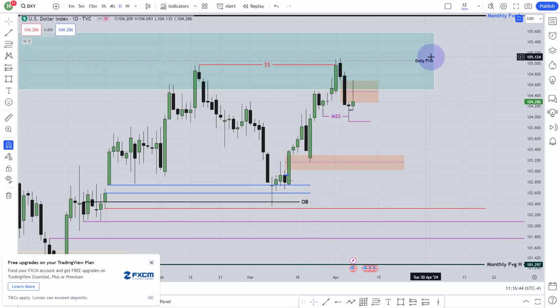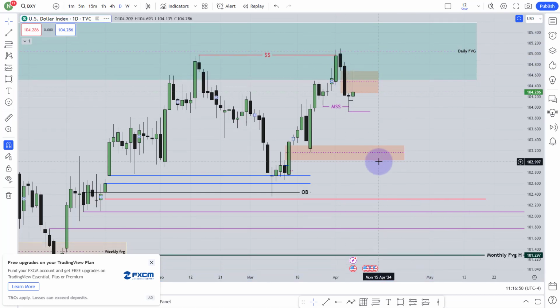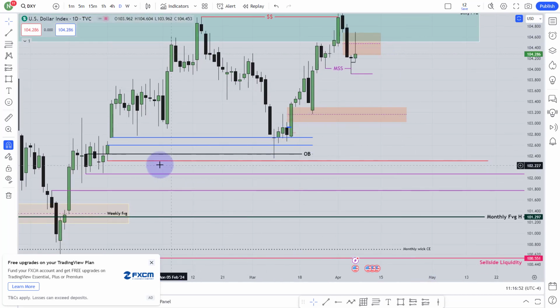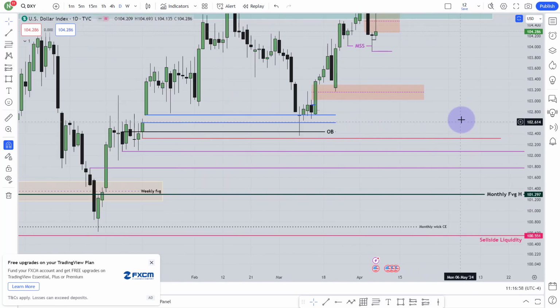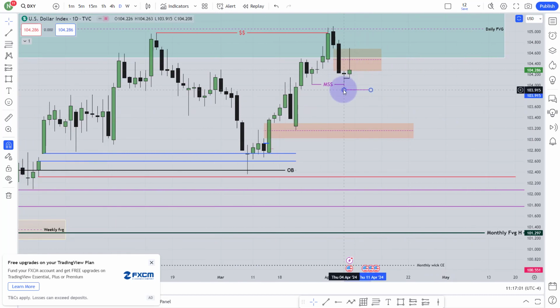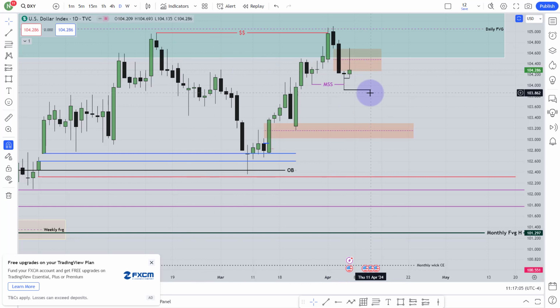When it is working to that daily fair value gap lower part, so lower portion, the lower 50%, it should fall. Again, liquidity can be here, can be this low, maybe this extreme. I don't need that right now. All I need to see is whether market is able to close below that low or not. If it can close below that low, I'll be very happy to see a continuation of the lower run.